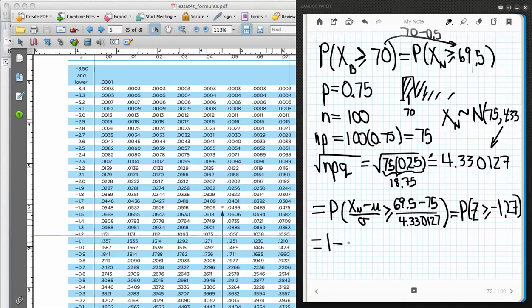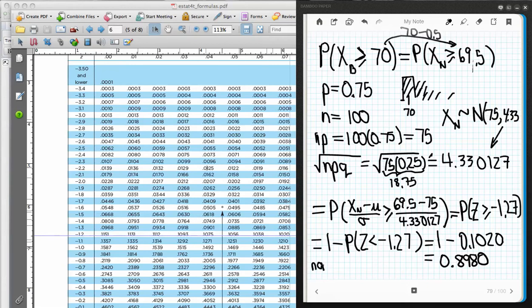get it directly. So if I do it with the table, I have to do the probability that z is less than negative 1.27, and that gives me 1 minus, and that's 0.102. And then that would give me 0.898. Or if I went for my calculator, I'd be doing the normal